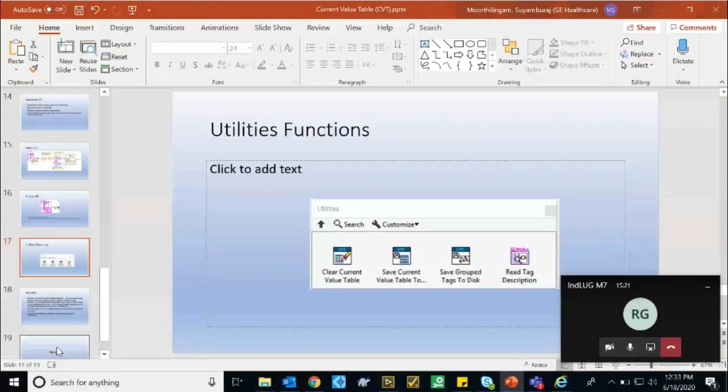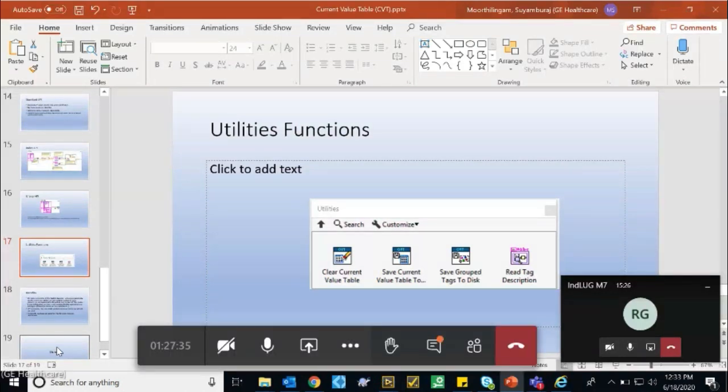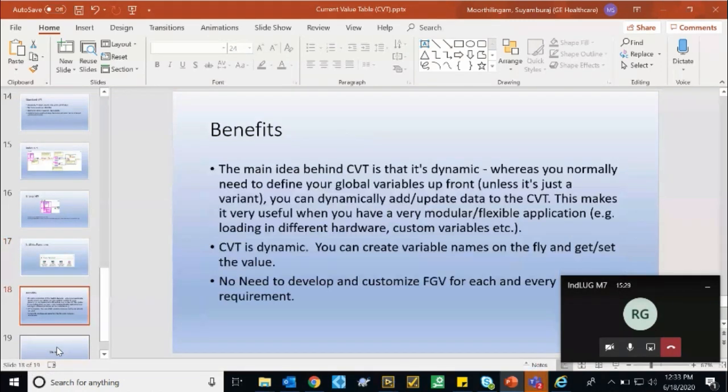The tags and the tag data can be stored on the local disk in XML format. So what are the main advantages and benefits of this CVT? It is dynamic, so it can be created at runtime. The main advantage over the FGV is that an FGV is already created, and we say that these are the data which can be used in the program.